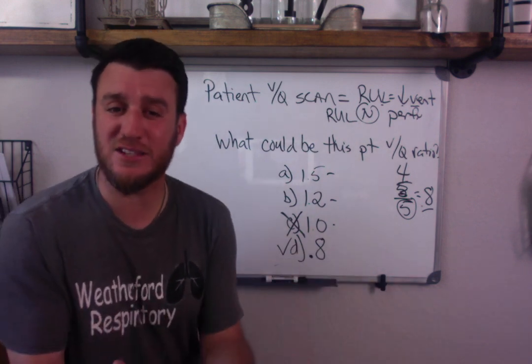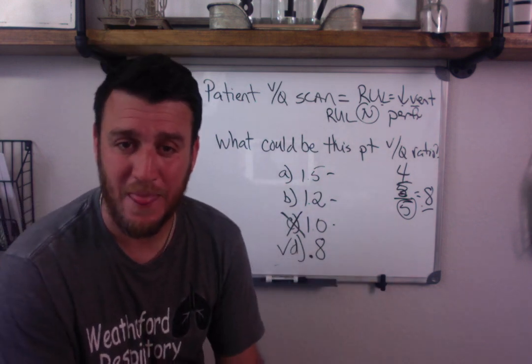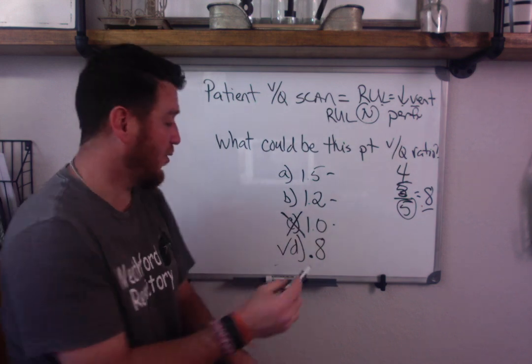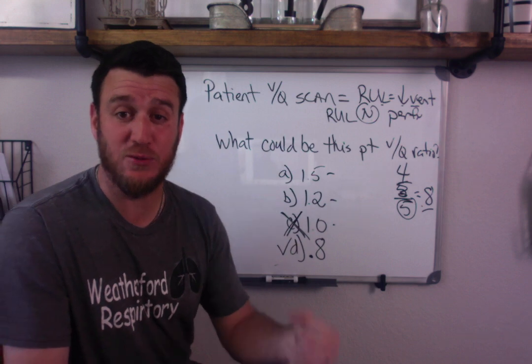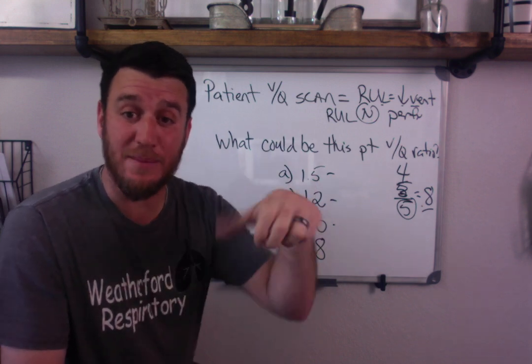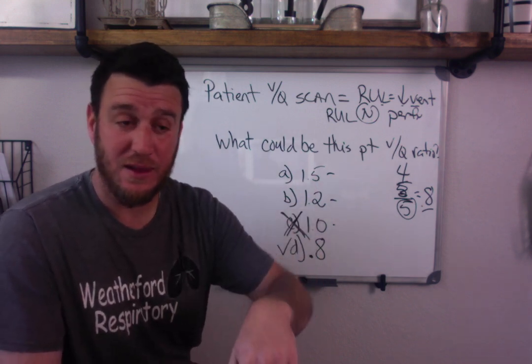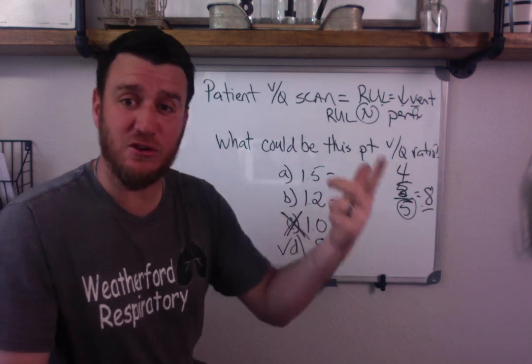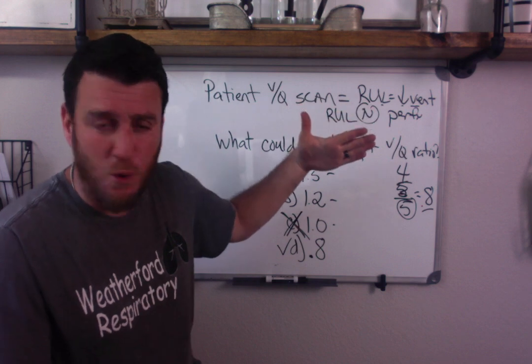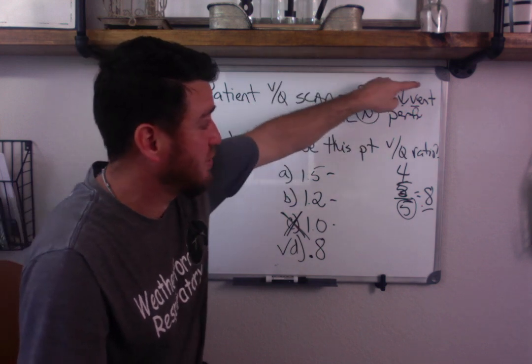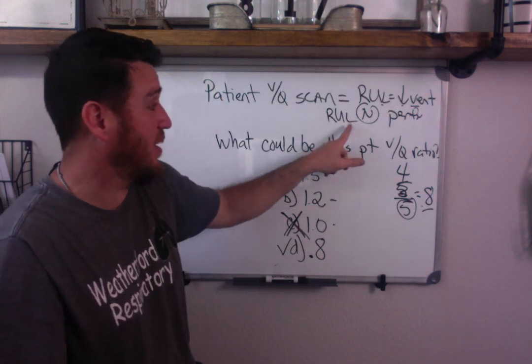Now, here's the thing about this question. Look at this, guys. If you know normal and you can eliminate normal right off the bat, then you have to choose between 3 answers. One of them is decreased. 2 of them are increased. Well, with the information you have, which is nothing more than right upper lobe shows decreased ventilation, right upper lobe